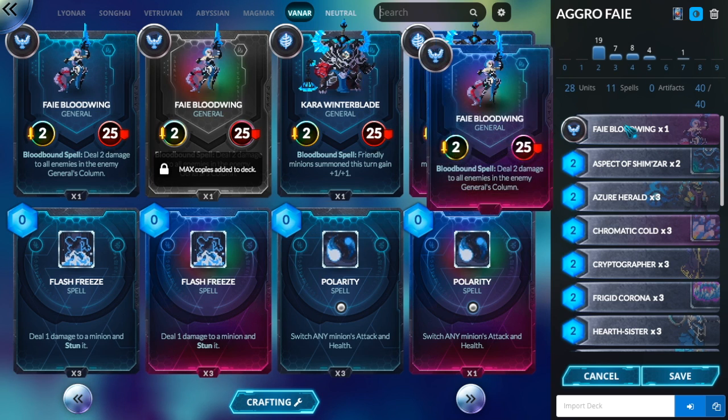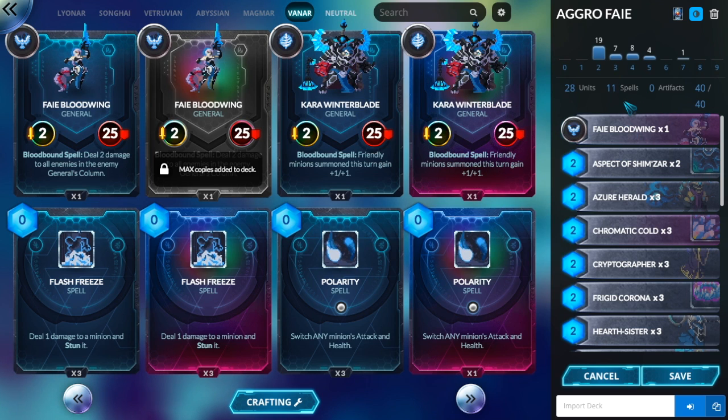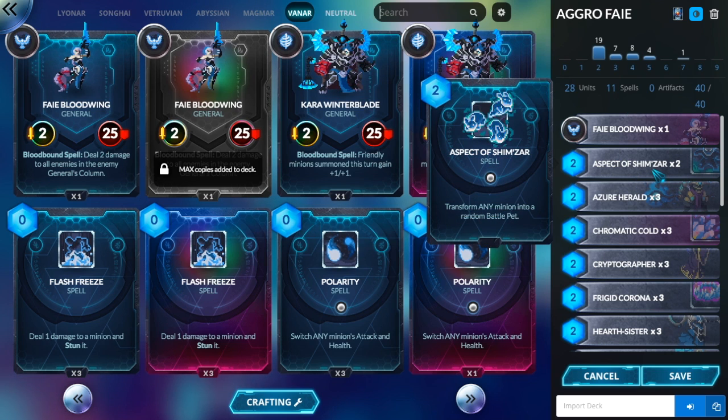So to start off, we'll be using Faie because this is an aggro list. Her Bloodburn spell is pretty much 2 damage. So if you can get three of these off in the game, that's potentially six damage or more. Usually more. So we'll be running 2 Aspects of the Shimzar, which was originally